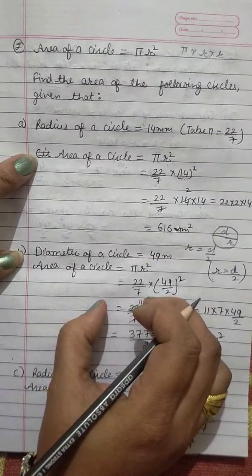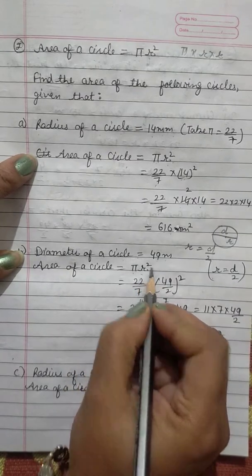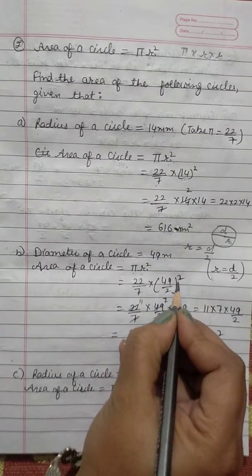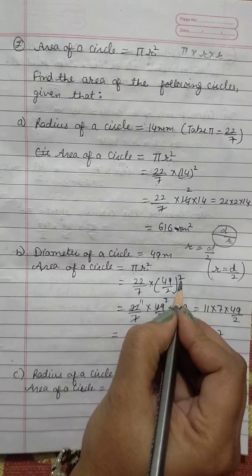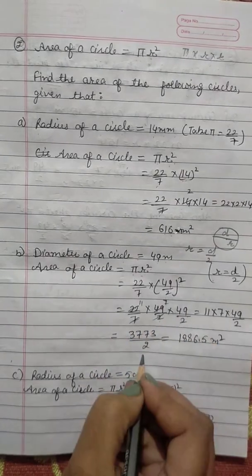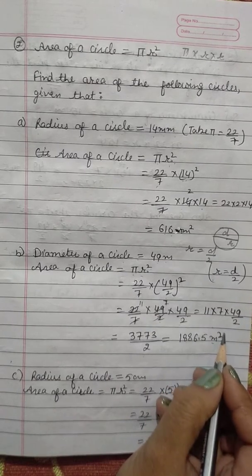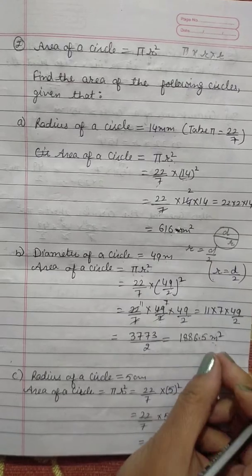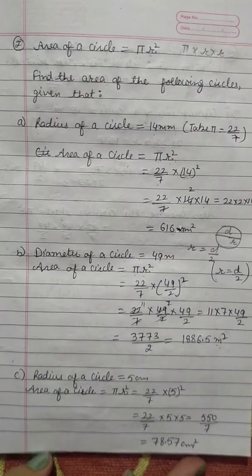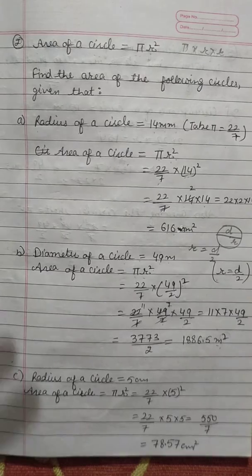In this formula we can directly put the value of r. First of all, pi r square: apply the formula, then put pi as 22/7 and r as 49/2 raised to power 2. Since power 2 is there, write 49/2 into 49/2. Now simplify it, and at the end write the answer, and don't forget to write m raised to power 2, because with the help of this power we are representing that we are talking about the area. With the same criteria you can simplify the third part of this sum, and you can do it yourself.